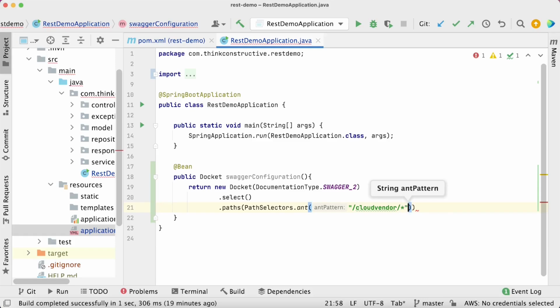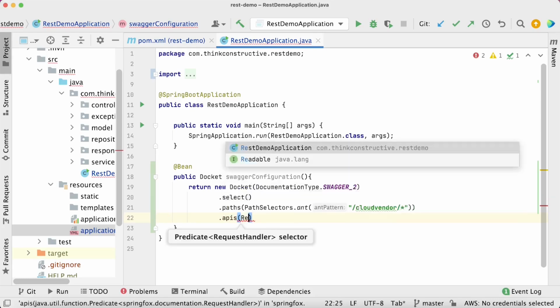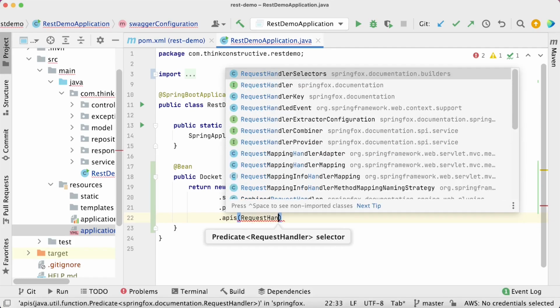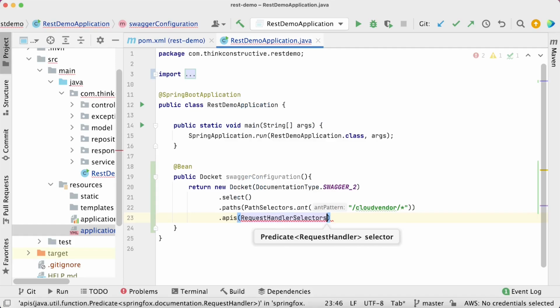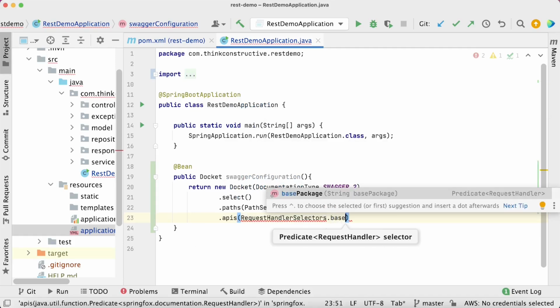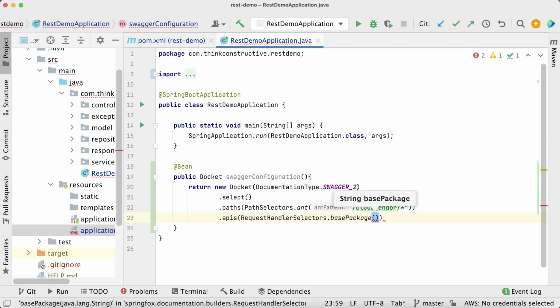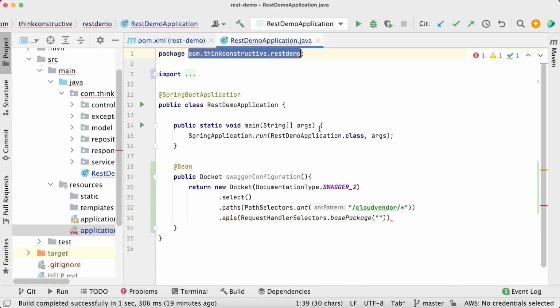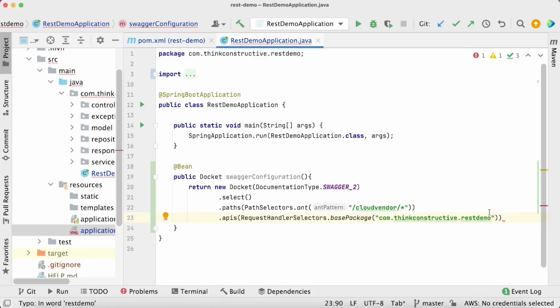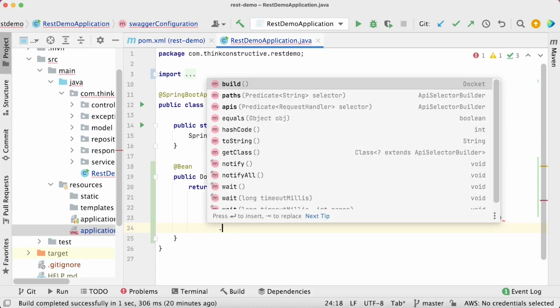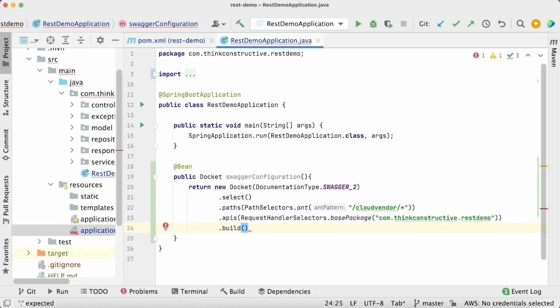Fine. And then I should define the APIs. Now inside apis, I should define request handler selectors dot base package. Inside this, I should give my package name wherein all my code exists. So I'll give the parent package name here. All right. Then finally, I'll build the response. So I'll say build.